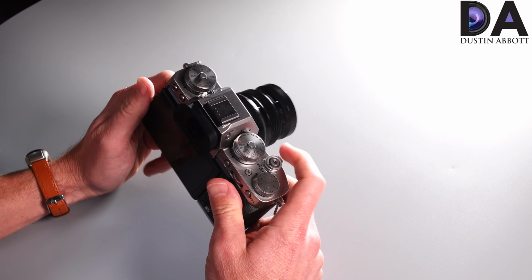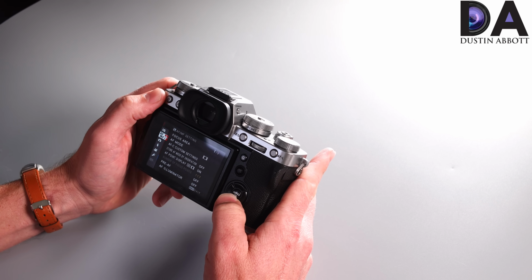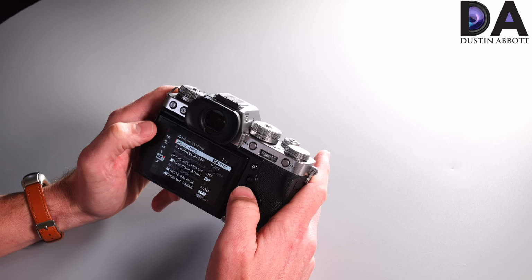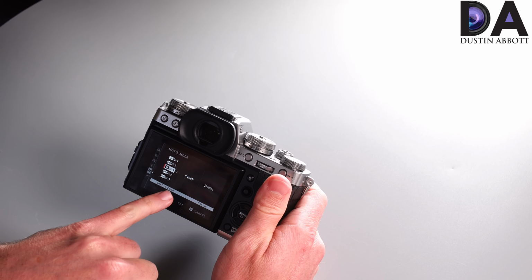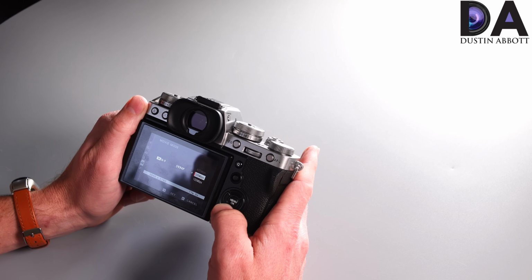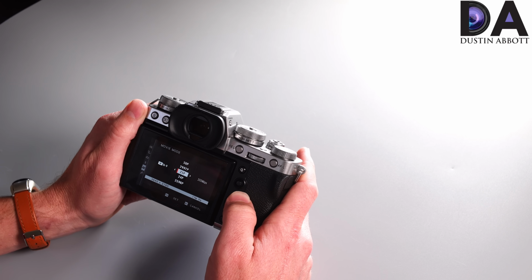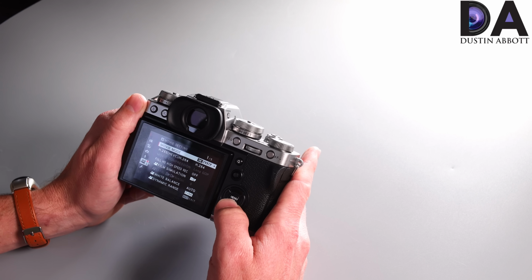I also really like what you've got going on under the hood when it comes to some of the video functionality. And so under video, if you're shooting in the H.264 codec compression, you have the option of going all the way up to a 60 frame per second 4K, and you've got some options there of how high. Now at the 60 frames per second, you can go as high as 200 megabits per second, but if you're shooting at some of the other compressions or resolutions, you have the option of going higher, particularly if you go to the